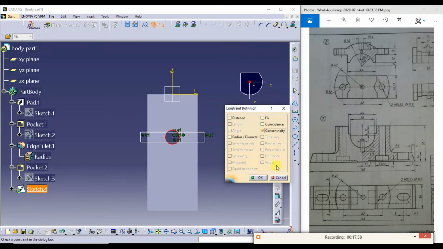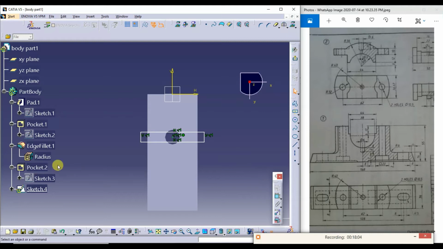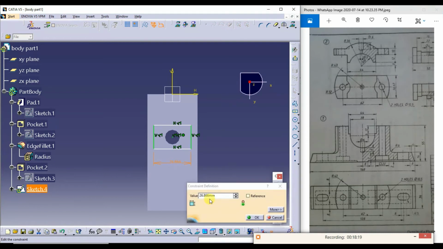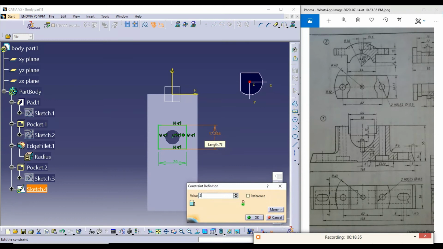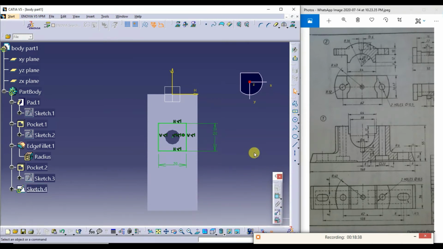Concentric. This is 20 mm. The depth of cut should be how much? 7 mm.